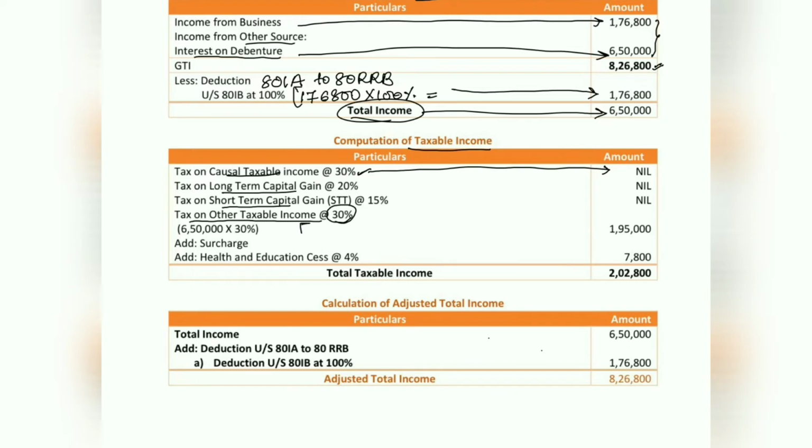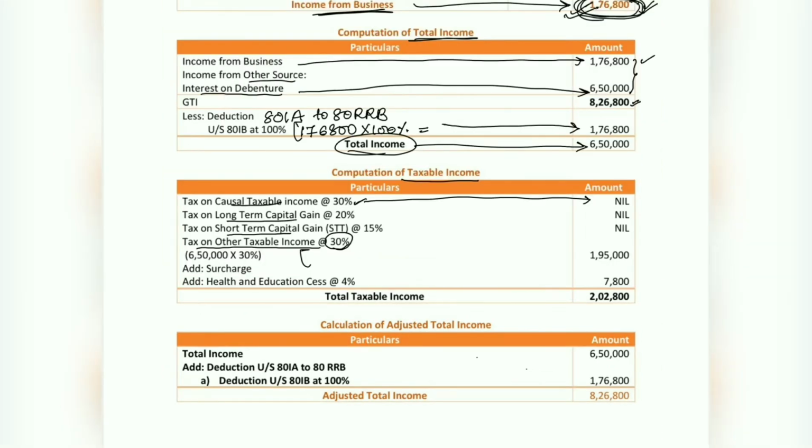So in the problem we have business income to the extent of 1,76,800, which we have considered. Also we have other source income, that is interest on debenture. Since it is not a casual income, we have not considered it under the head casual income, but we will consider it under the head other taxable income. So 6,50,000 we will consider here. So the total value comes to 8,26,800,